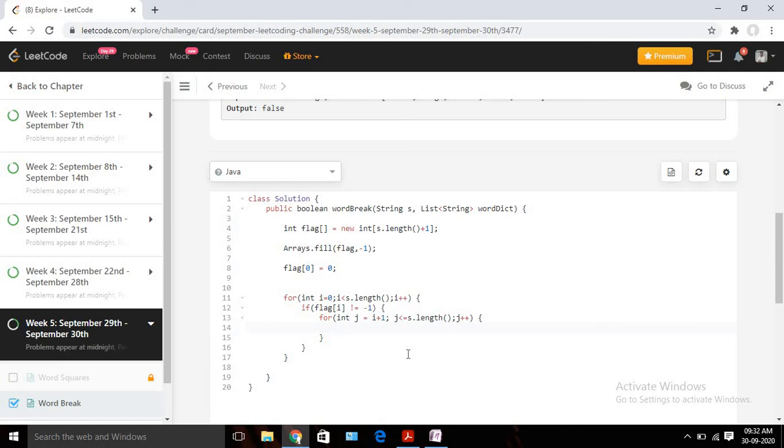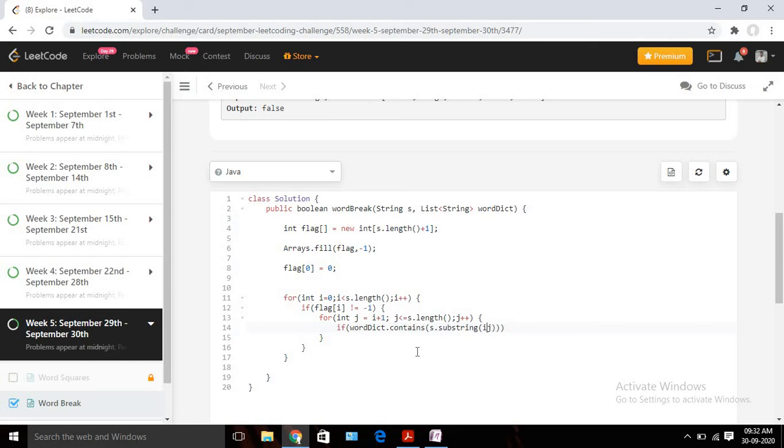Now I will check whether my list contains this string or not. So if wordDict, since it's a list, we can easily call the contains method that will tell me whether that particular string exists in our word dictionary. Now I am going to take the substring, it should be s.substring of i and j.